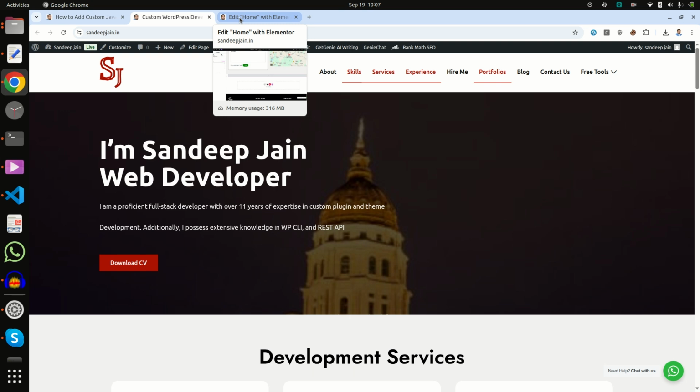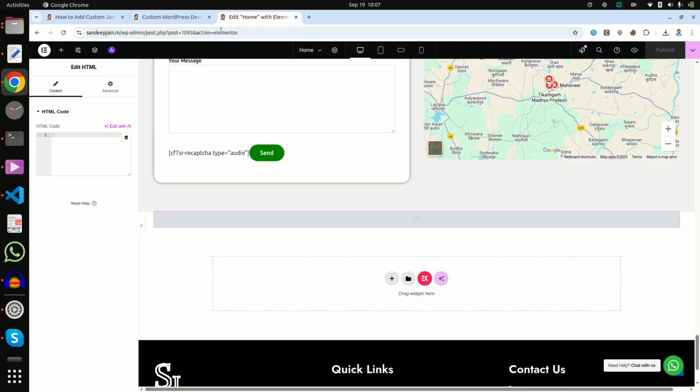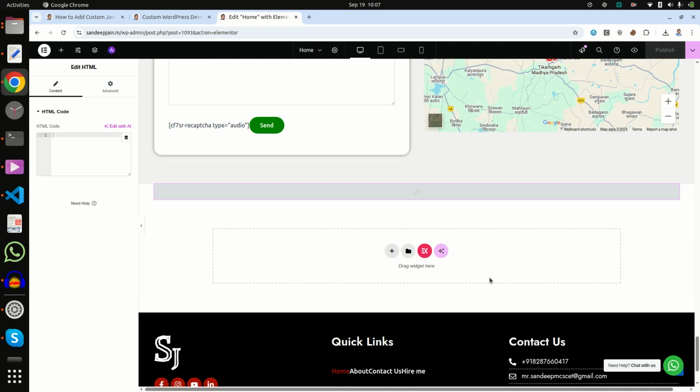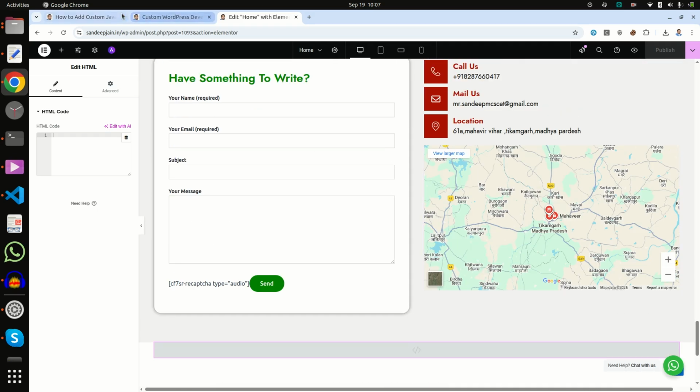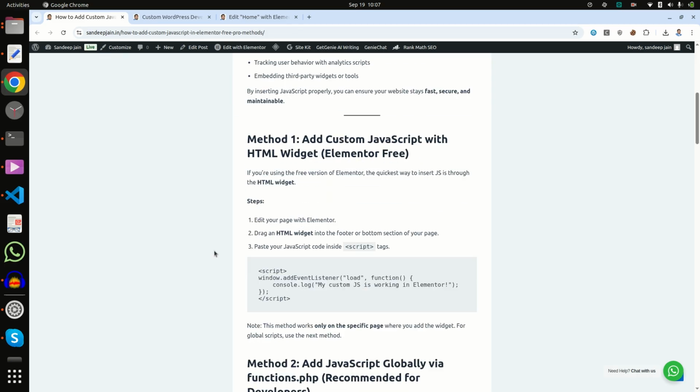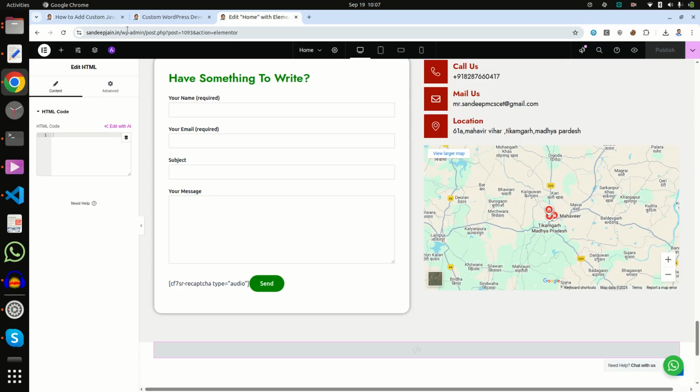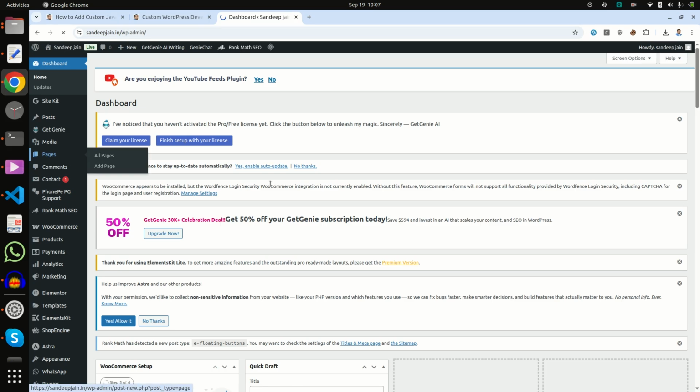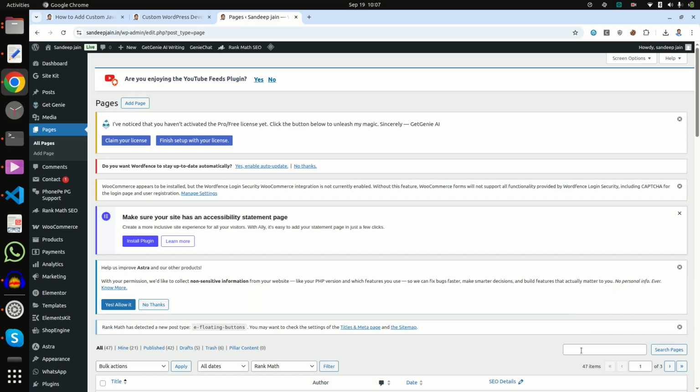First I edit my page with Elementor. Go to Pages, and now I am on the home page.